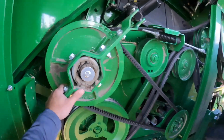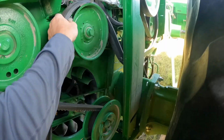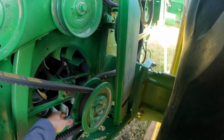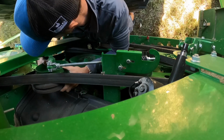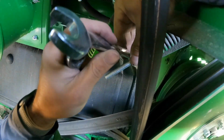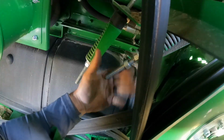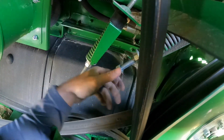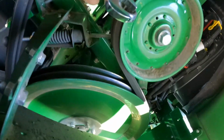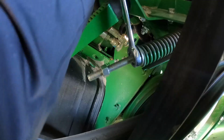What stinks is you gotta take this guy off. It's the worst belt on this side. The problem is you get a lot of these long-winded things, and I don't have one of those fancy long sockets. See, what these are is these tension the belts right there that spring loads it. Got the idler, goes along this big pulley down here, goes up around this yam scooter,